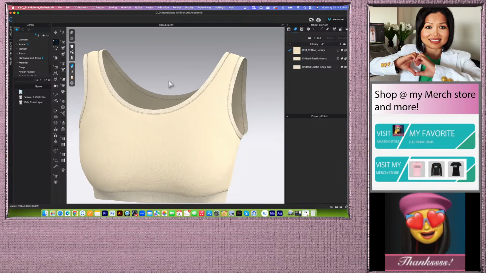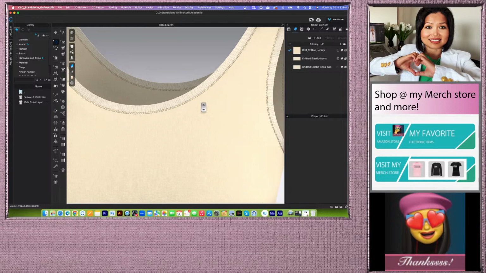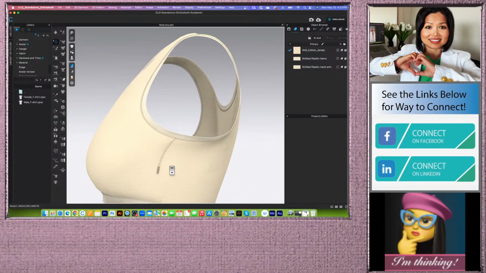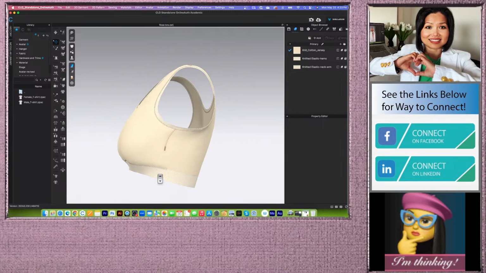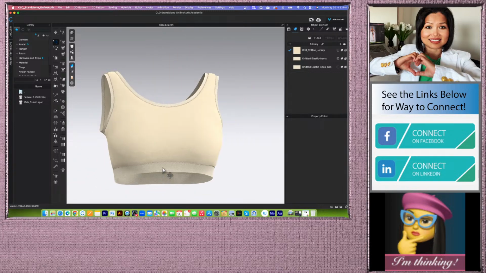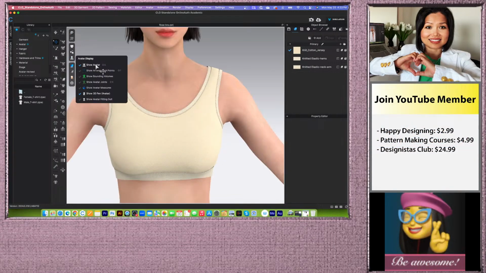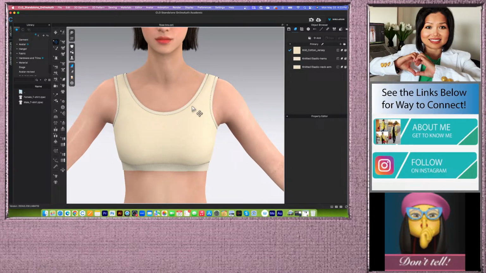And right here we have these perfect overlock stitches onto the neck and armhole band, as well as to the side here we have zigzag and bar tack stitches, which is pretty awesome. Alright, so another thing here, let me turn on the avatar. I just want to point out here with the late CLO update,